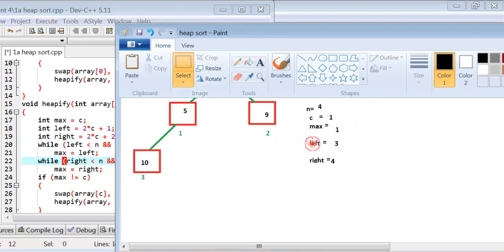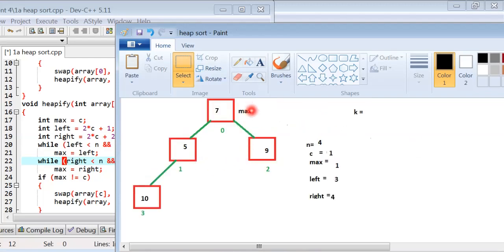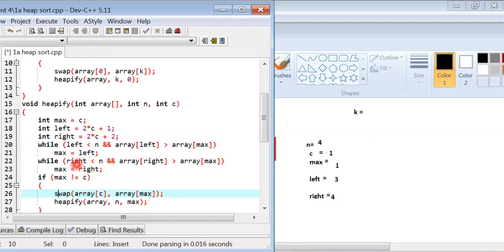Max points to the first block, and left points to the third block.